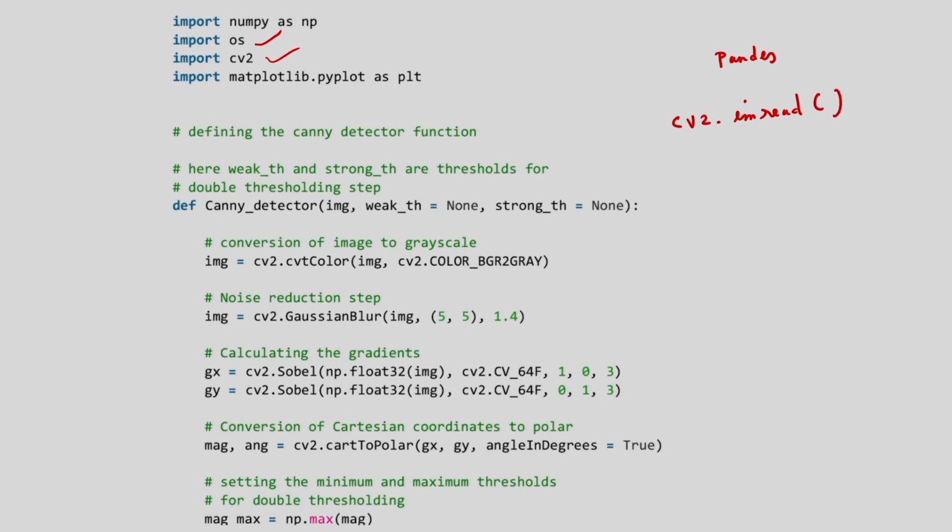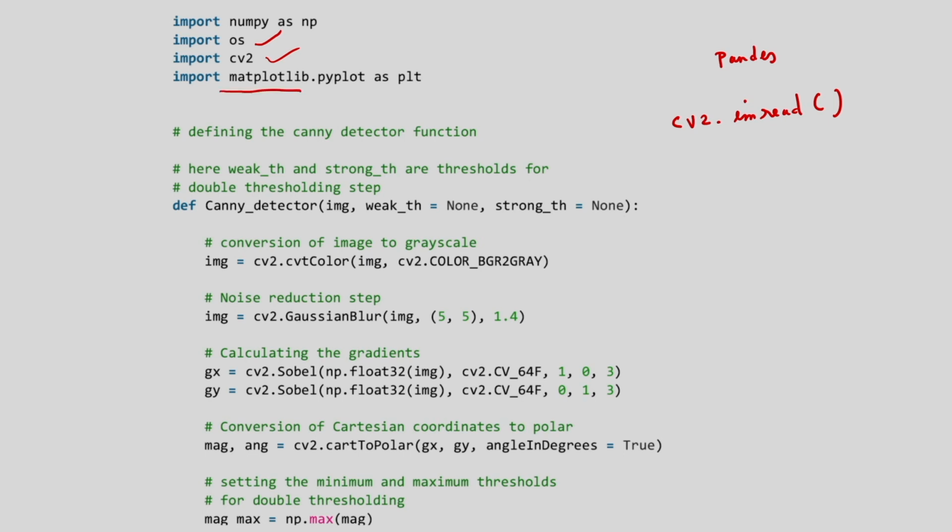This statement loads an image from the specified file, and if the image cannot be read because of a missing file or unsupported or invalid format, then this method returns an empty matrix.